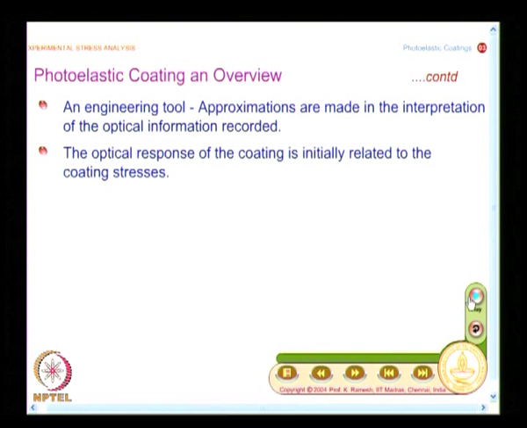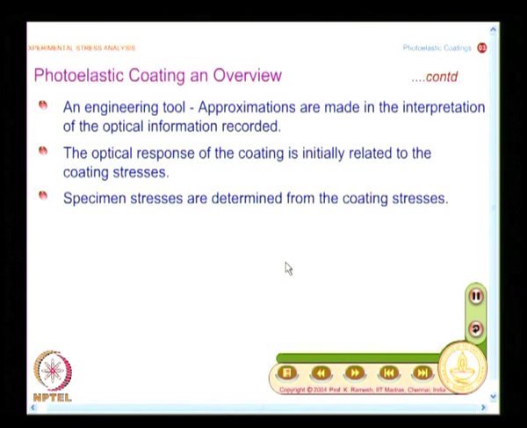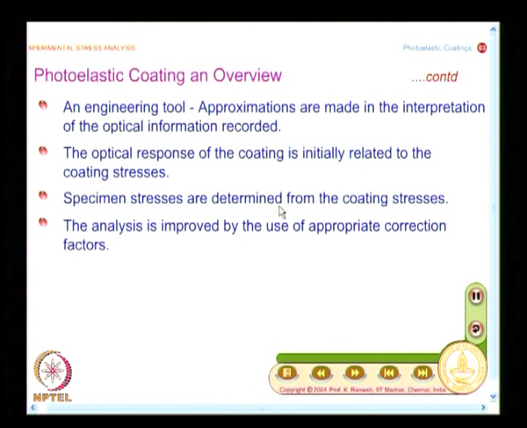And in engineering, when you are actually making certain approximations, you always bring in a correction factor. So, that is why it is an engineering tool, that is why Zandman contributed contourable plastic as well as a methodology to develop correction factors, which take into account the thickness of the coating and also its possible reinforcement effect. Then what you have? The specimen stresses are determined from the coating stresses, and as I mentioned earlier, the analysis is improved by the use of